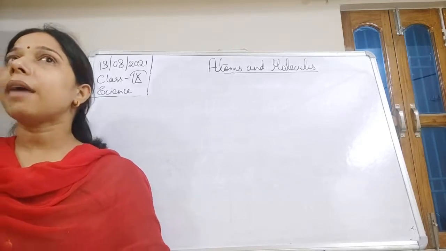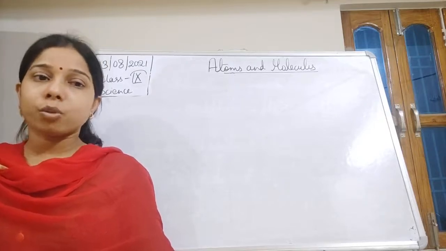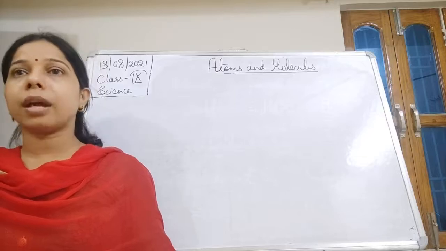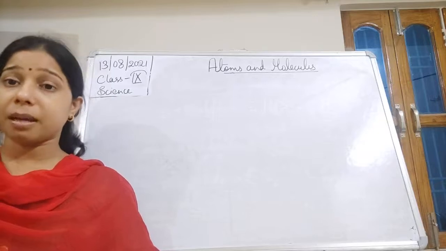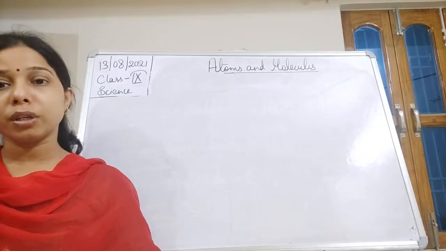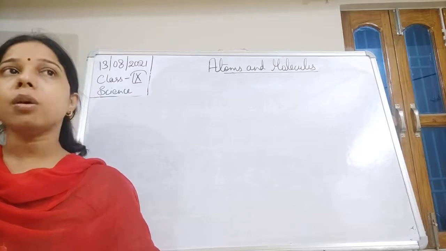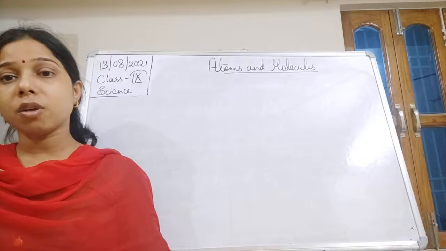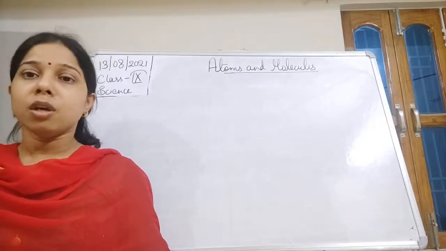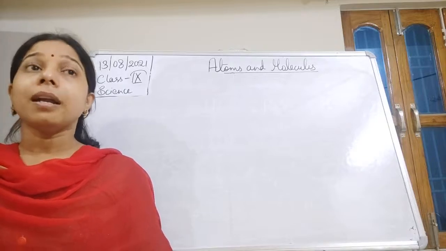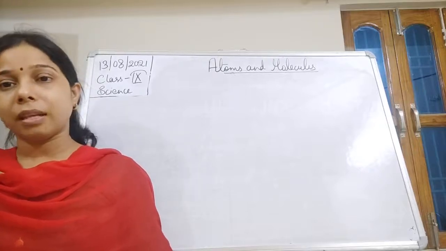Here students, we have seen that suppose hydrogen and chlorine combine together. There are two different atoms, and when these two different atoms combine together, they form a molecule, and this molecule is actually the molecule of the compound. And here also we can say it can be diatomic, triatomic, tetratomic, or polyatomic. So generally, depending upon the number of atoms attached, we can simply give the name to it.